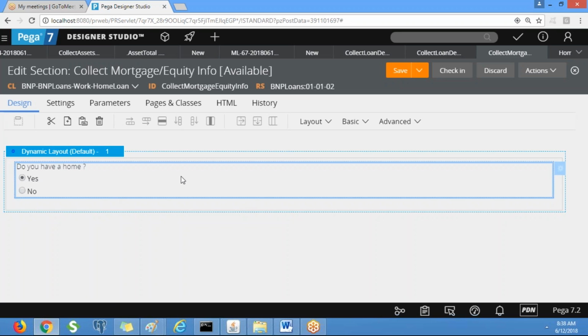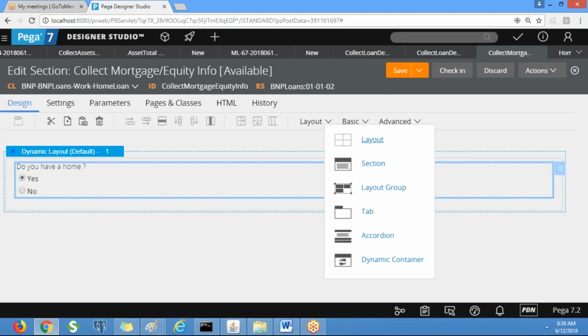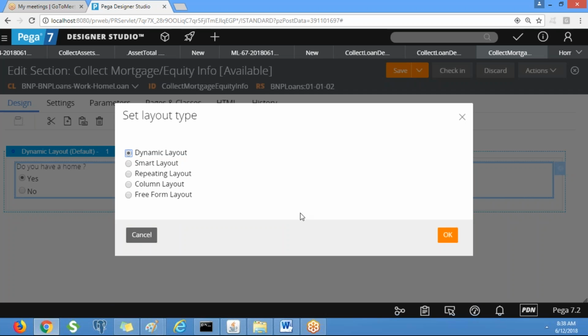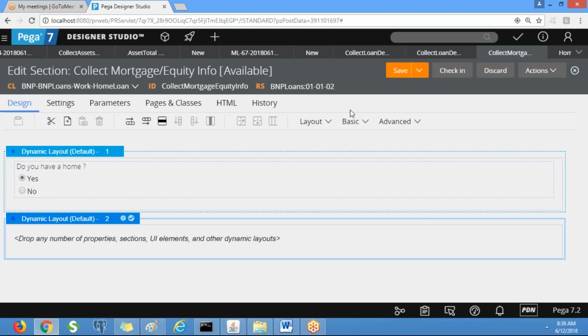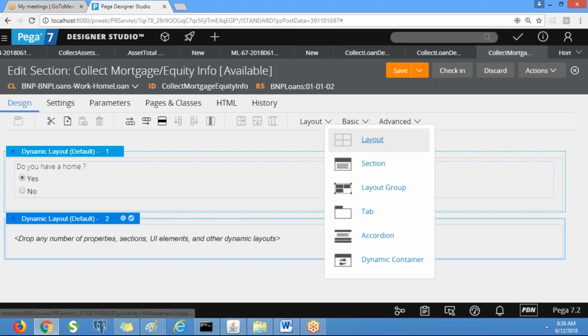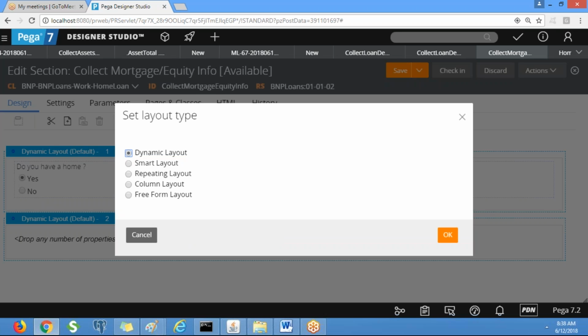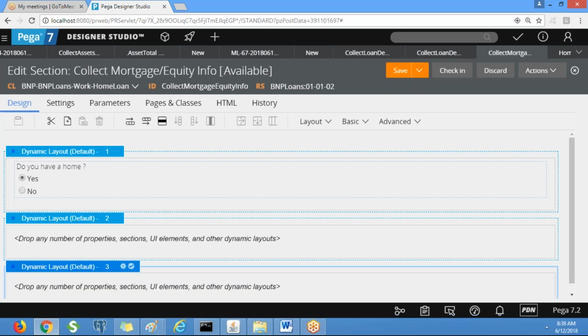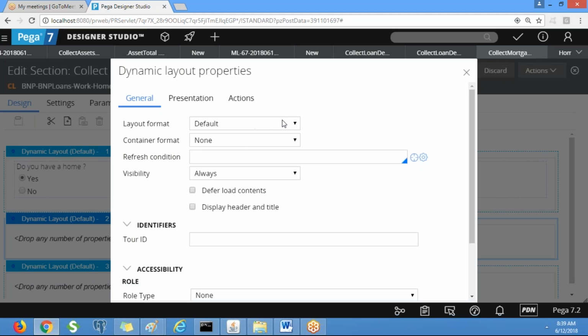Okay. So if it is yes, we need to display the property info. So use one layout for property information and another layout for purchase information. Okay. So put layout heading, display header and title.